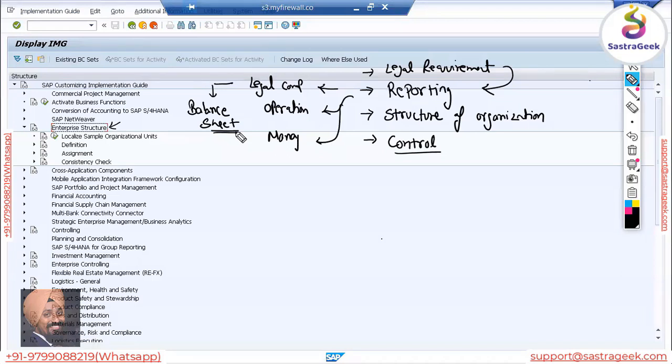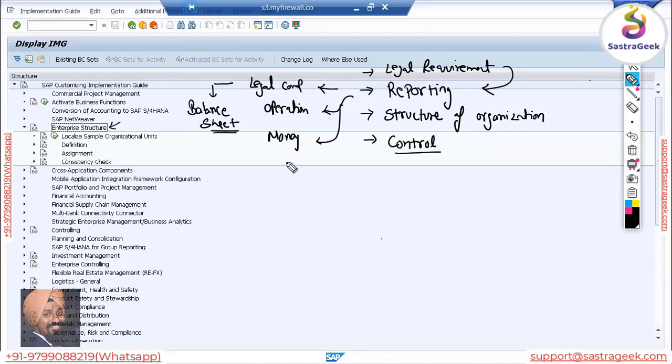Very good. Control. It would also help you to control, right? When you have a big company, you have a business in the US, in Canada, in other places, in India. You also want control in respect of viewing the information, or giving access to the system, which we call in SAP language roles and authorizations. So that control we also want to put in place. This org structure would also help us to control your process and to put your roles and authorizations in place. This is the major advantage of the enterprise structure.